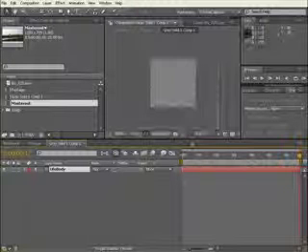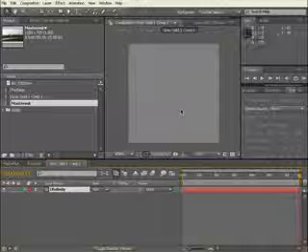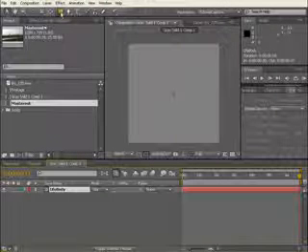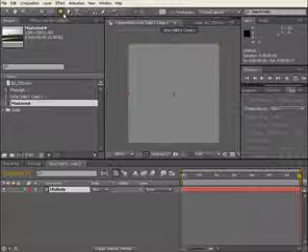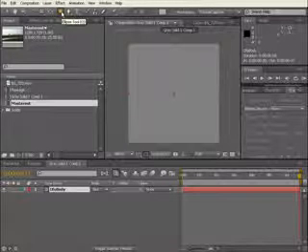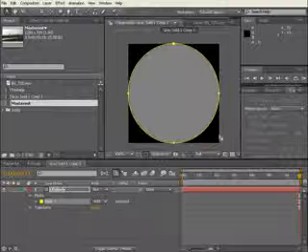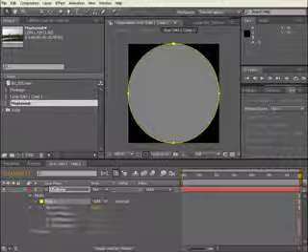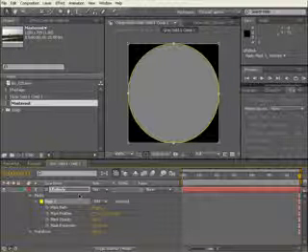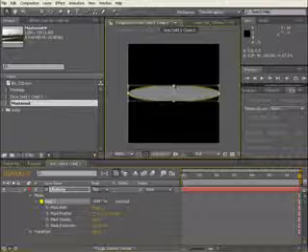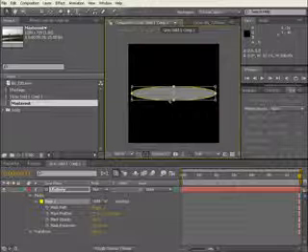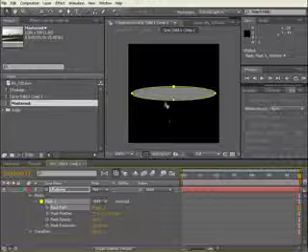We're going to slide it in, and you'll notice the comp is 70 by 70, the same size as the solid that we created. And we're going to put an elliptical mask on it. So double click on it, and that creates an elliptical mask there. And then we just highlight the mask and press Control T, and that allows us to scale down and give it a little bit more of the proportions of our UFO that we want. And we can just highlight path here, and